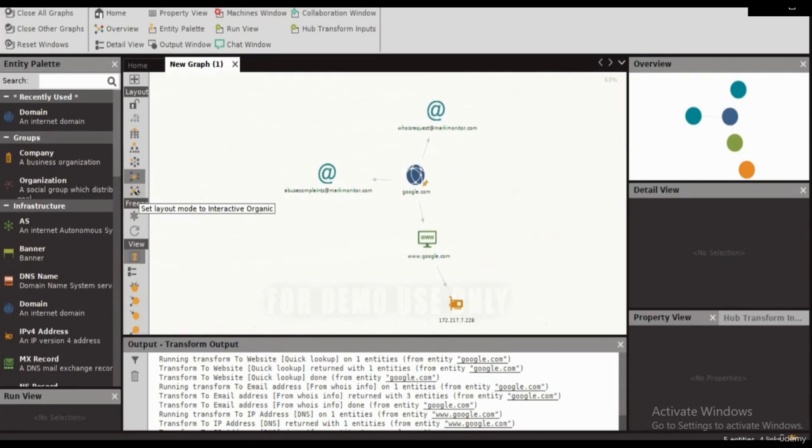A transform developer's task is to write the logic that translates between a transform request sent from Maltego and the data being accessed. The data can be in the form of databases like MySQL. So this is the relationship between google.com. Here is the overview. In the top right corner,